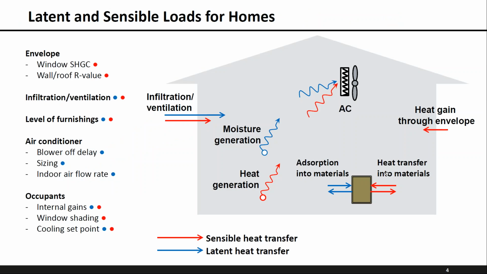As I'm sure many of you are familiar with residential buildings, the breakdown of latent and sensible cooling loads is quite complicated, and there's a lot of different interaction between the loads. And so here is a simple schematic showing the different types of loads that are present in buildings in the context of what our study particularly focused on. So you have envelope loads, which are wall insulation, windows, and those are primarily, or I should say all, sensible heat transfer, indicated by the red dot and the red line on the drawing.